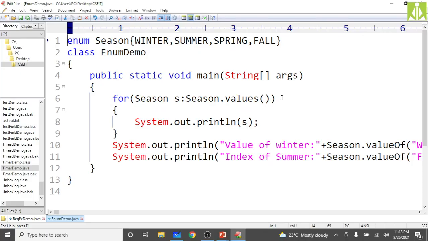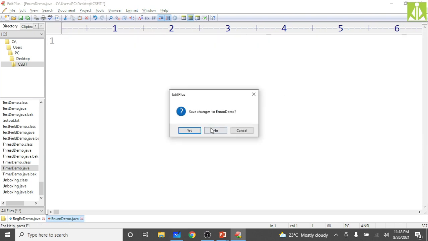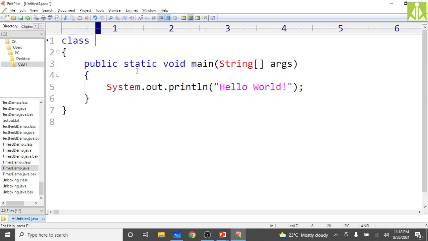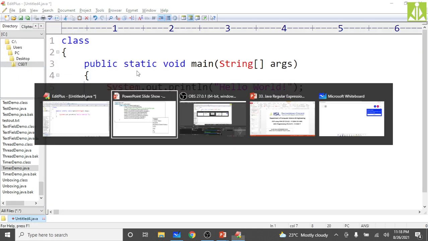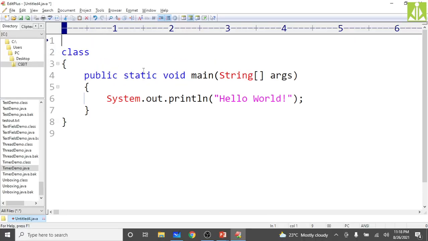Okay, so here, go to a new program. It's always better to go for a new program. Only 2 programs we have more, so we practice those 2 and wind up. So include the util package: import java.util.*.